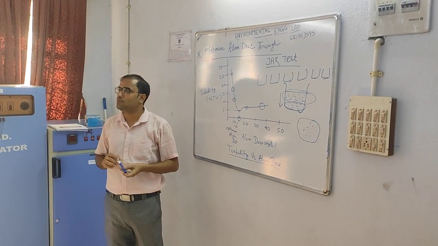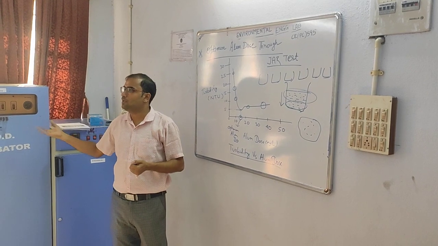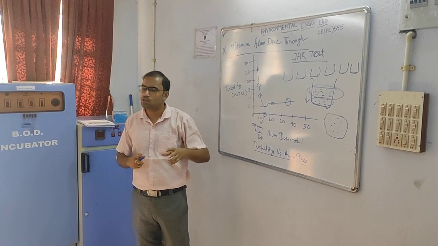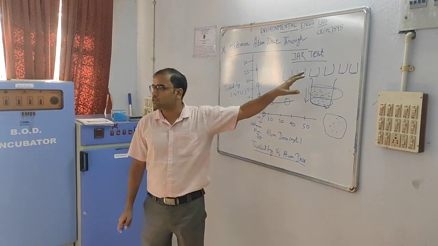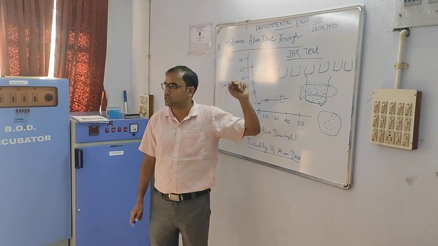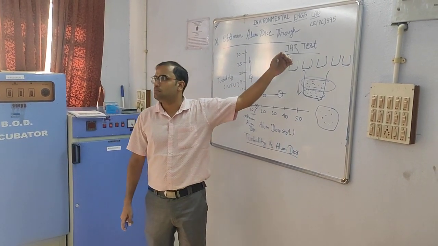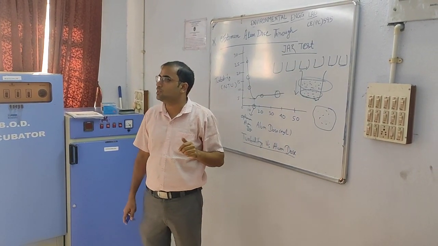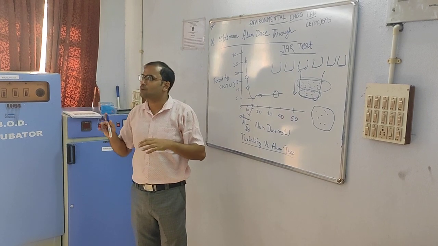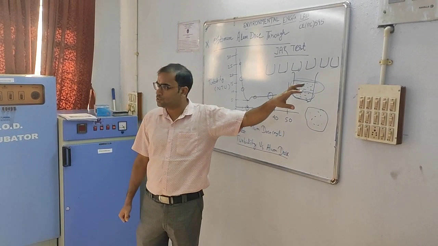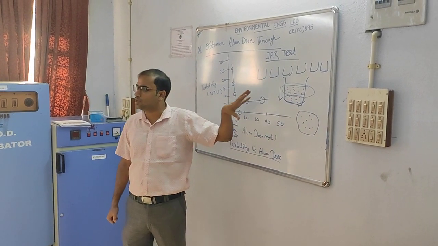But basically, suppose you don't have any variable water type, you just have drinking water. Then mostly what we do is change the pH values by adding acid. The different water pH values are altered to get a different type of water. Then you apply the alum dose and you check. That is the theoretical process.